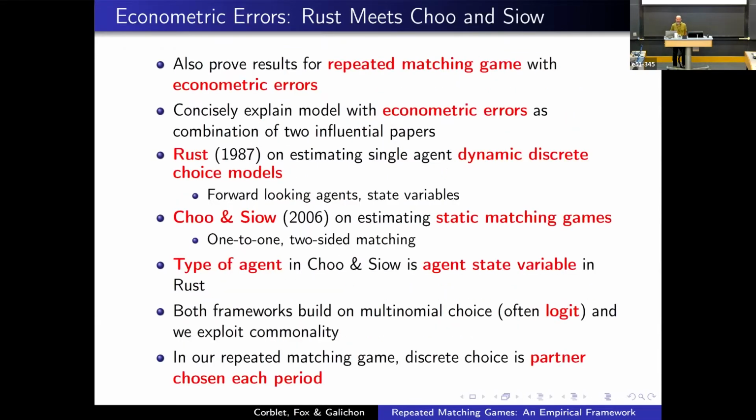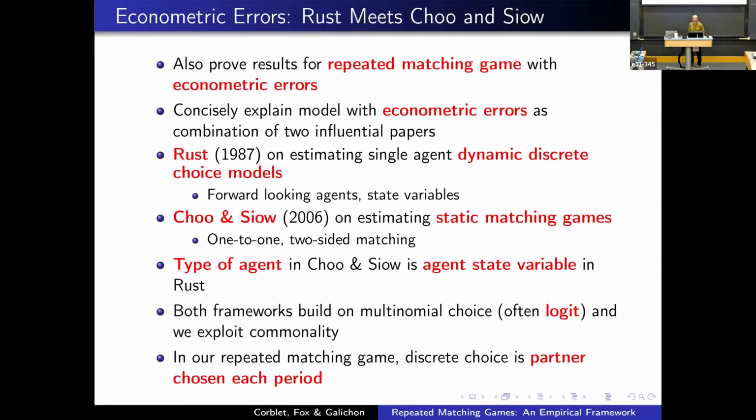Okay, so also, when we add econometric errors to the model, we need to add these to fit microdata, where we see a lot of zeros that the typical theory without econometric error would not predict. That type of match will never occur, but the data don't reflect that, so we add additional heterogeneity to the model to rationalize the data set. And so we add these econometric errors, and because we're adding logit errors, it's going to look a